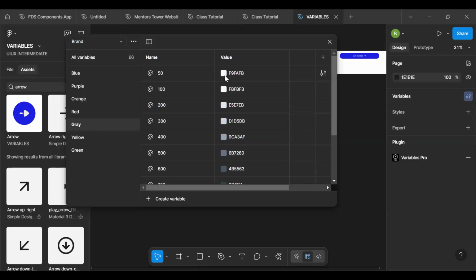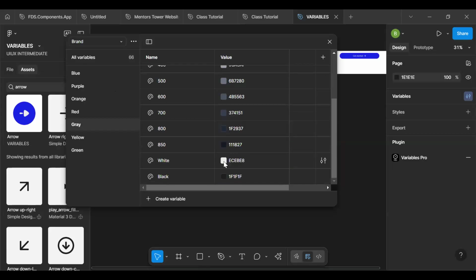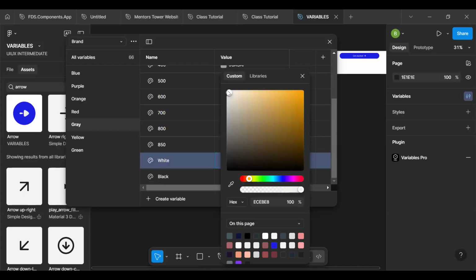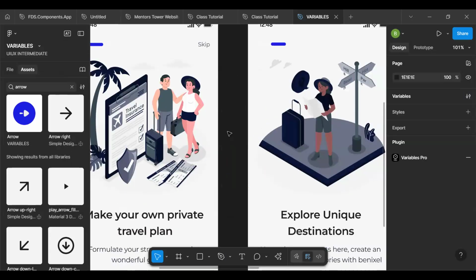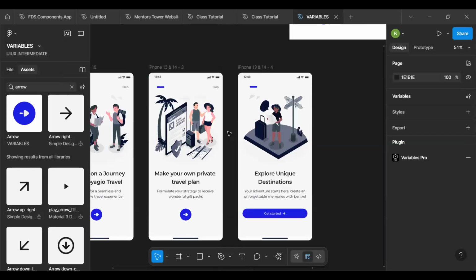Oh. Was it 50? No, it was not. It was the main white. That was from me. It was the main white. Okay, so as you can see, that has changed too. So the other color was too